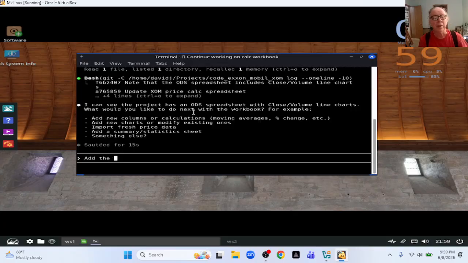Now what you want to tell it here, if you say add a moving average, it'll calculate the moving average and it'll just add the values to the spreadsheet. We don't want the values, we want the actual formulas for a 21, a 50, and a 100 moving average. Okay. Formulas for